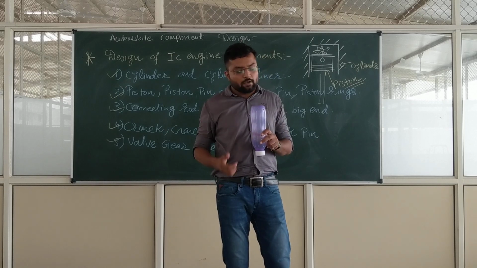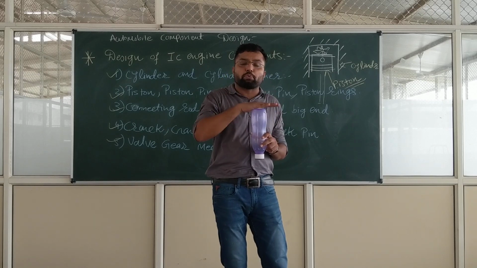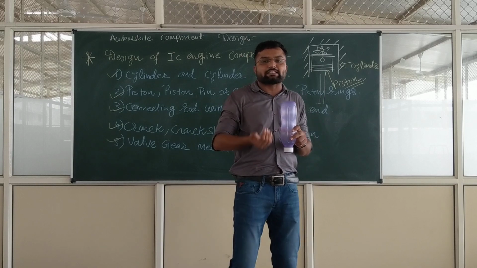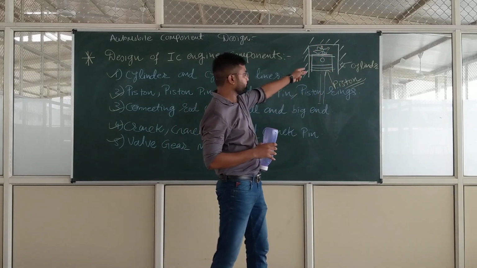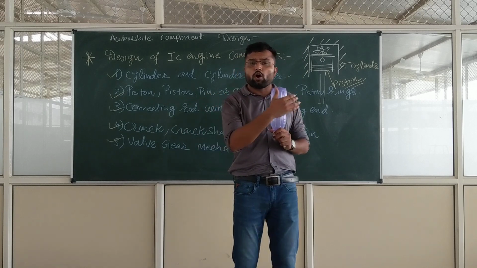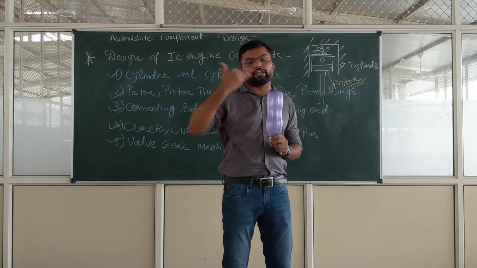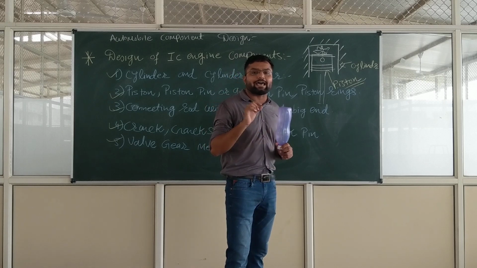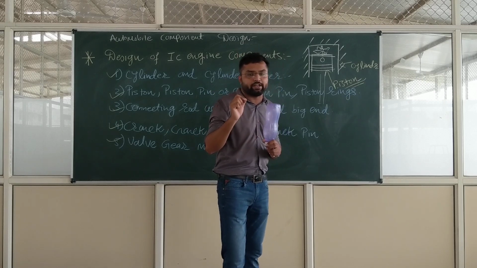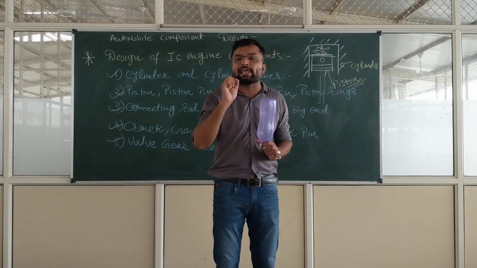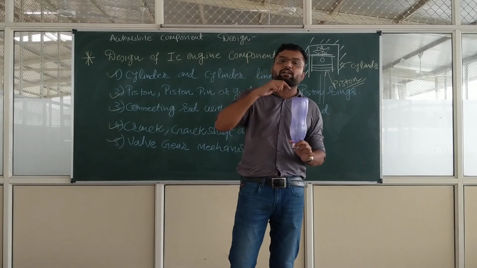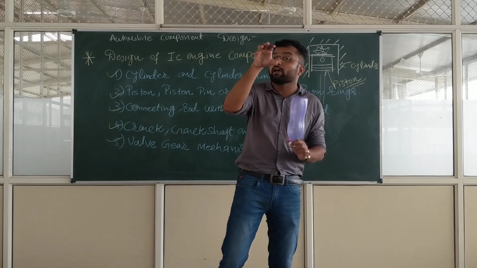So our first design is for this kind of stress which occurs circumferentially to our cylinder. The second type of stress will try to create pressure on top, or you can say the vertical side of our cylinder. One is horizontal force, another is vertical force. This vertical force will directly affect the cylinder head, and the cylinder head will come under direct pressure, or you can say direct stress.